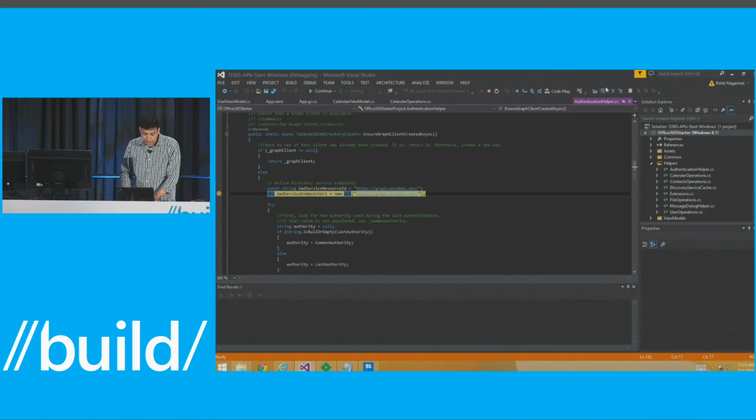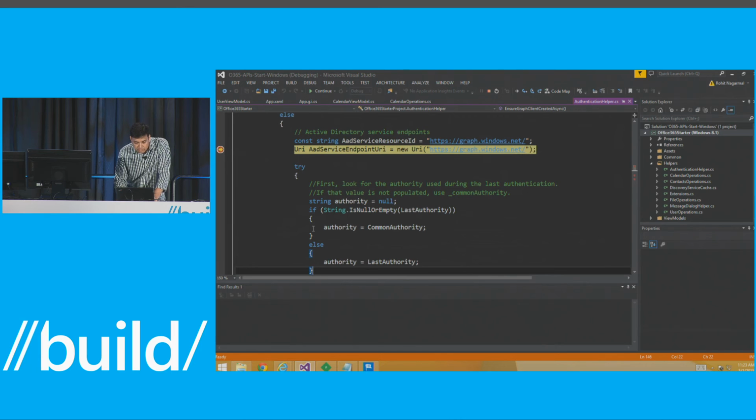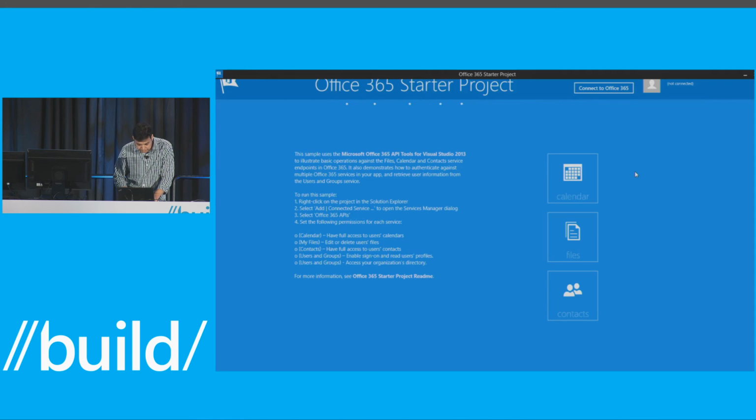And let me increase the size a little bit. I don't think it's very readable. There. So I just put a breakpoint at the first thing, right? We're trying to get to Azure Active Directory to understand who the user is, get more information about him, so I can show his name, his department if necessary. So I get the endpoint set up, and further down, I'm just going to get the context. So here